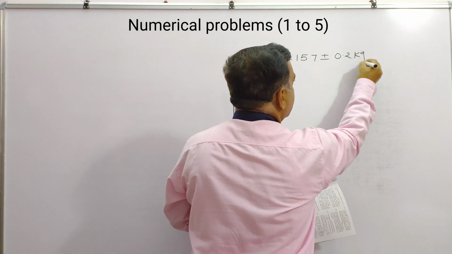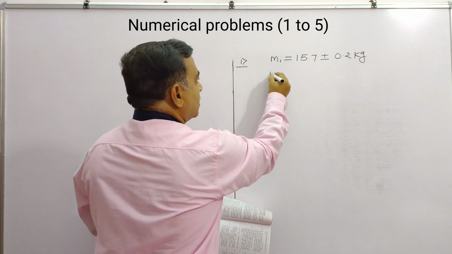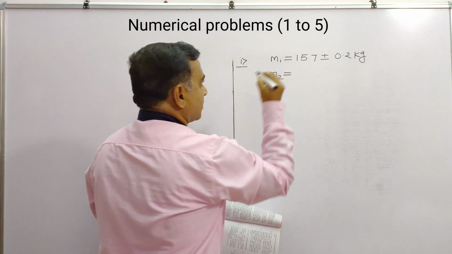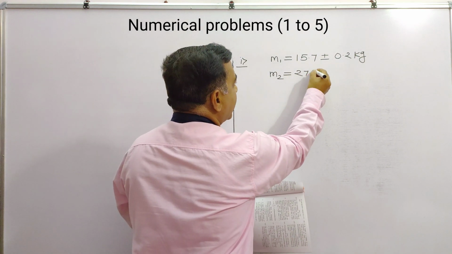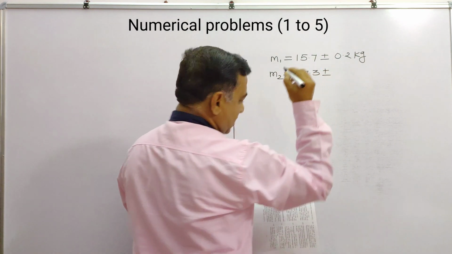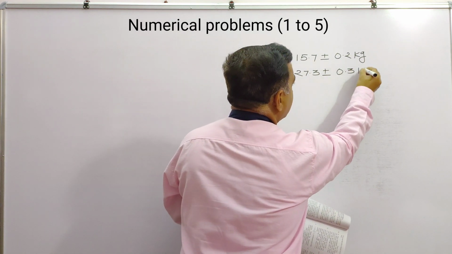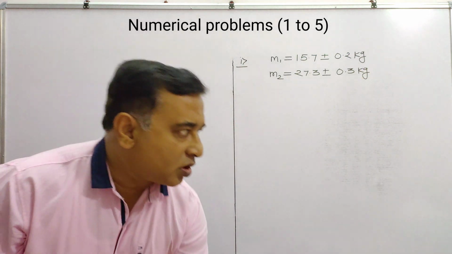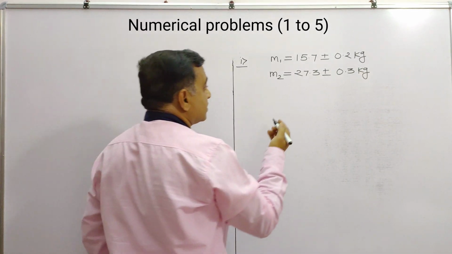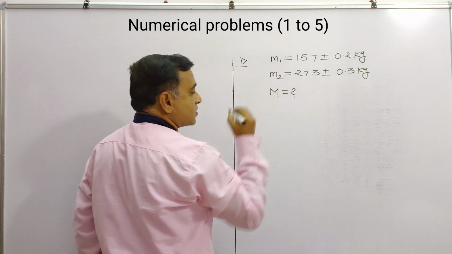This is from the unsolved section of the Balbharti book. So accordingly I am going to take the data and solve that one. Here the next is 27.3 plus or minus 0.3 kilogram. So what exactly is the total mass that we need to calculate? So M is the question mark, total mass.